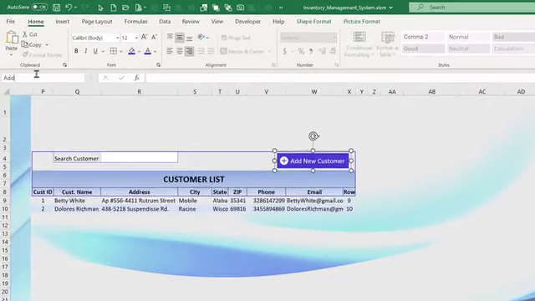So add new customer. That's the button that we're going to be using for that. That's the button that will show up when we select the customer. Okay, I like that. That looks very, very good. So now what we want to do is pretty much do the same thing for our next, which is going